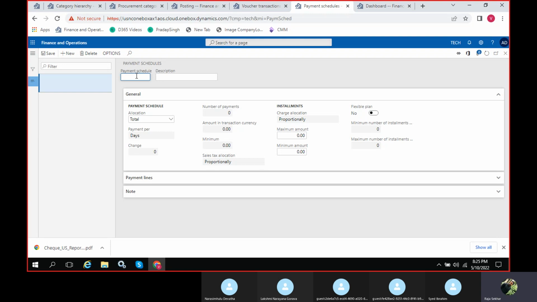Suppose he says this is your invoice amount, but you can pay me in 6 installments. So how you can do it is with a payment schedule: you can take 6 weeks, or I can take 4 weeks, or 4 months.